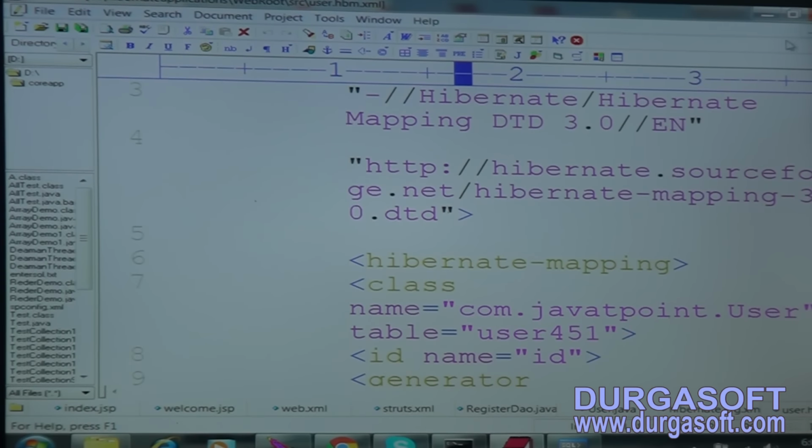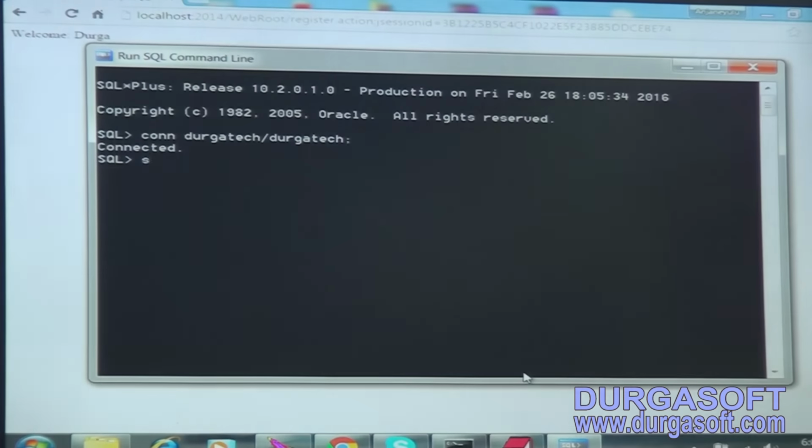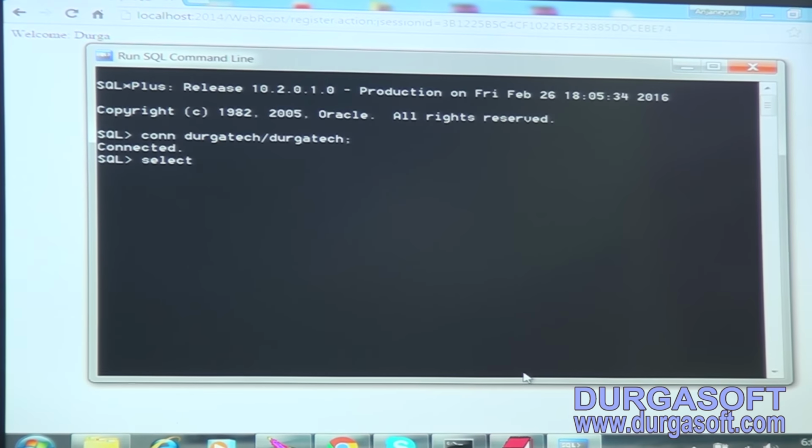User451. Select star from user451. Over. Stored or not? So like this we can store and retrieve, whatever operations you want, we can perform.